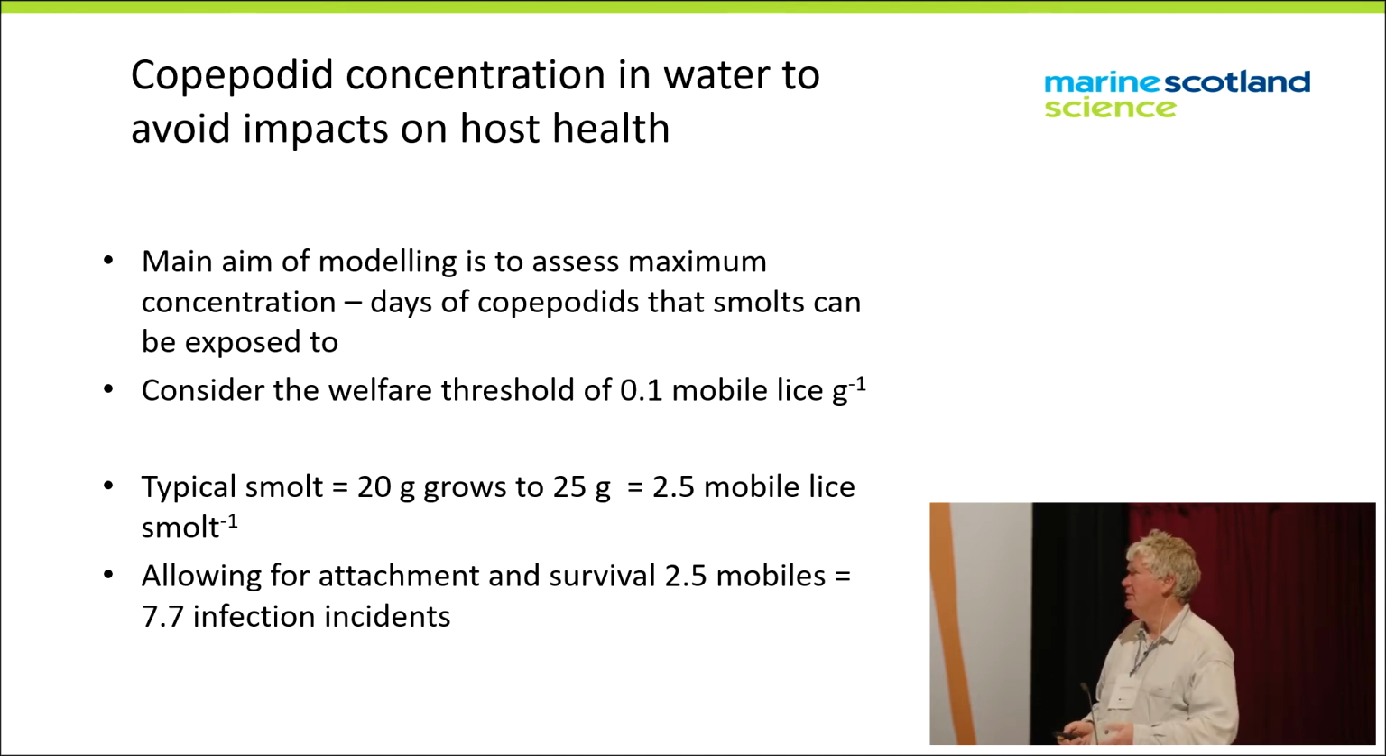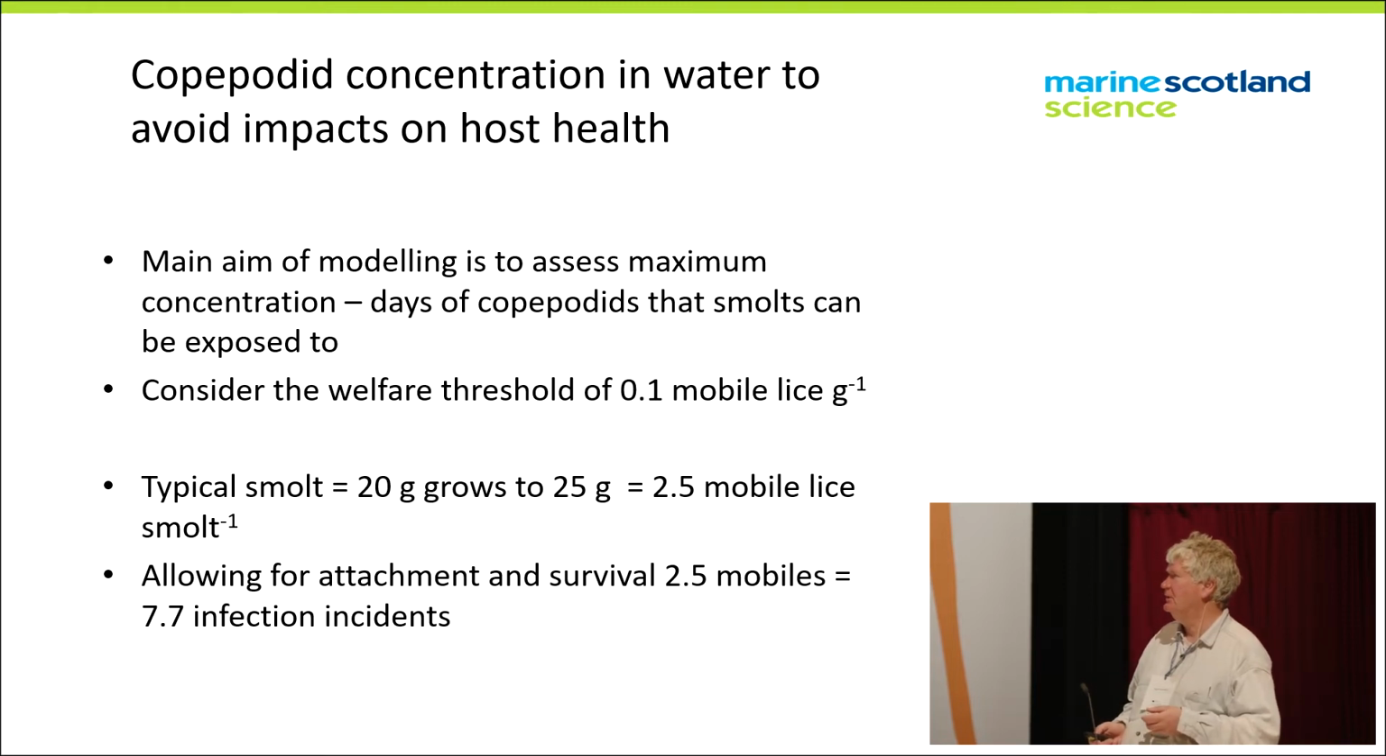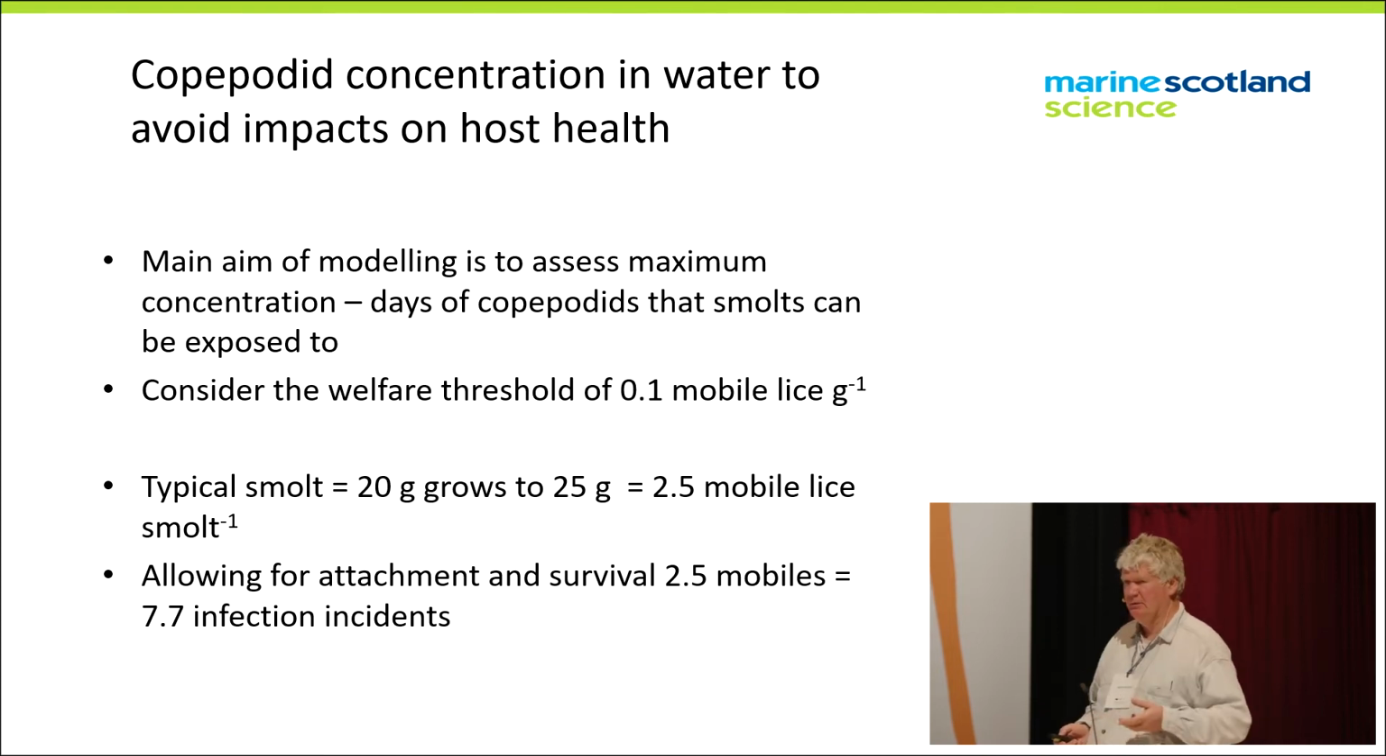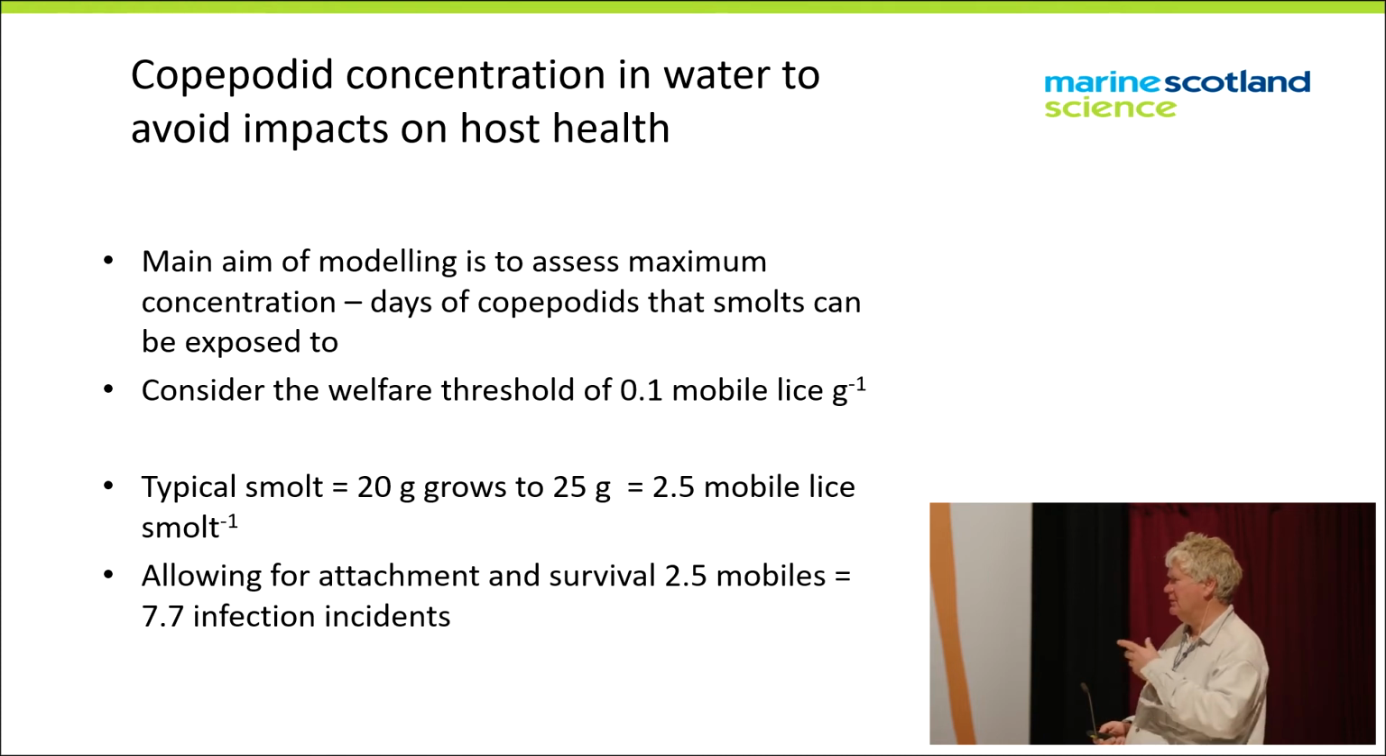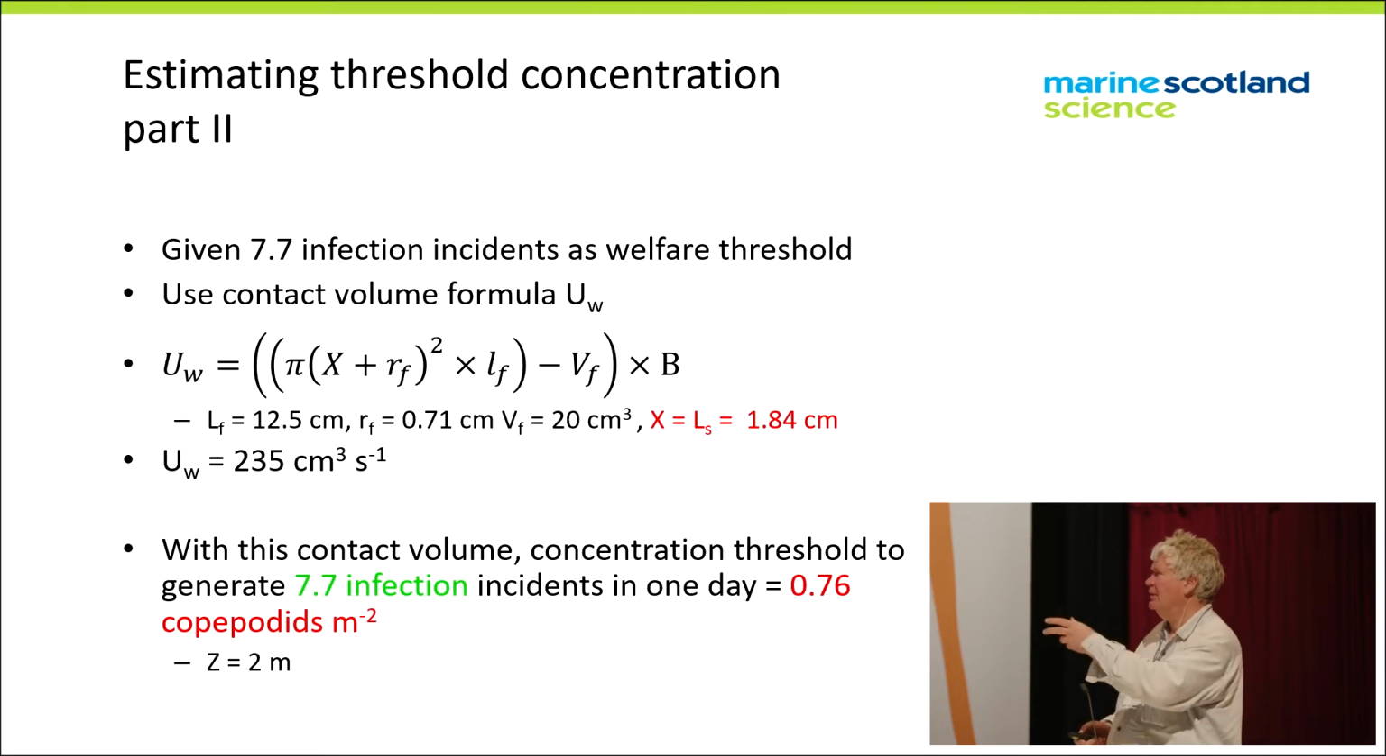The main thing we're interested in is the copepodid concentration in the water that should be avoided to avoid impacts on host health. So the model is basically aiming to assess the maximum number of copepodid days that we can tolerate for a given level of impact on hosts, and we're using 0.1 mobile lice per gram. Using the model, our 20 gram, 12.5 centimeter smolt is 25 grams by the time the lice are mobile, that's 2.5 mobile lice per fish. But this 2.5 mobile lice, allowing for attachment and survival, amounts to 7.7 infection incidents, and plugging that back into the